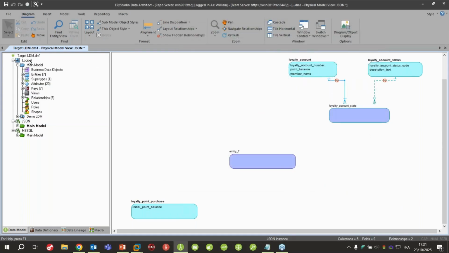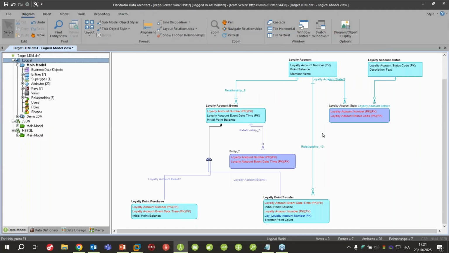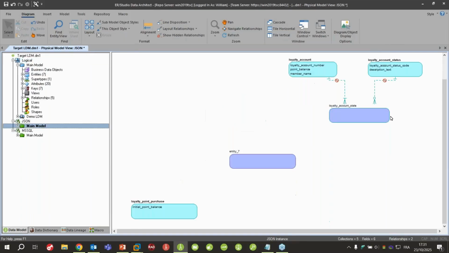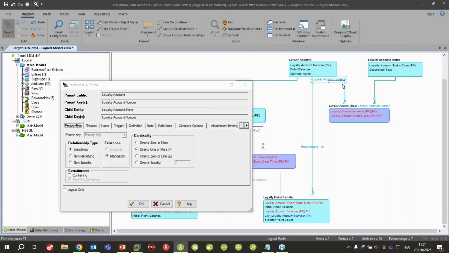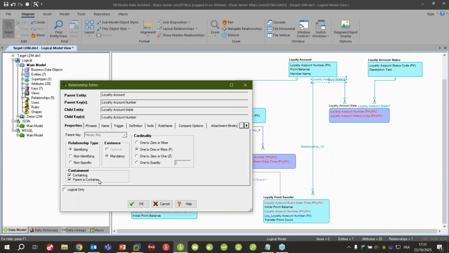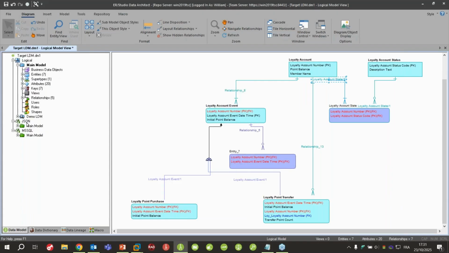And the relationship that was created in my logical model, as they don't exist directly with a JSON project, it is shown here to show the difference, the relationship between the objects, but it will not generate anything. But if you want, you can always update your relationship from here. From here, I can explain that I want to contain this specific object in my other object, and so it will automatically update my project differently if I compare, and it will automatically update it.